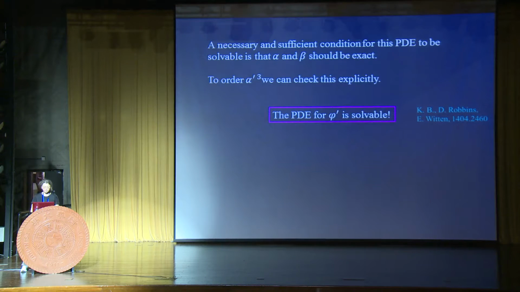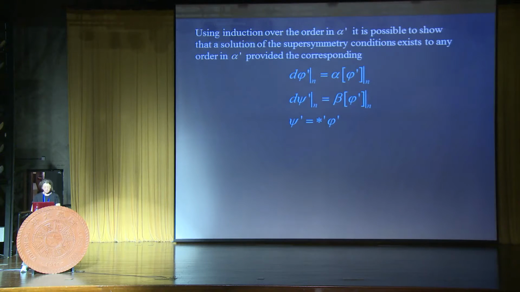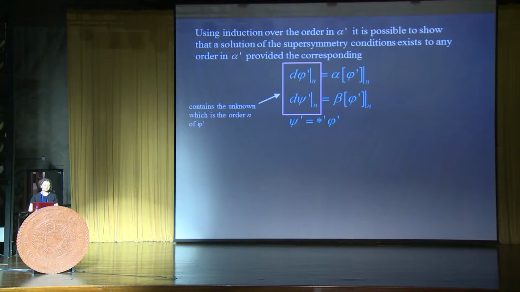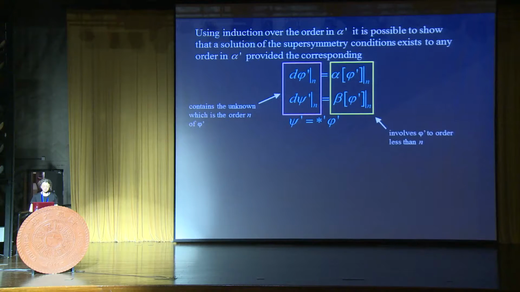Now, moving on to all orders in alpha prime, it's basically more of the same stuff. In that case, we can set up a proof by induction over the order in alpha prime. So again, we look at the order alpha prime to the n of the Gravitino variation. The left-hand side contains our unknown, which is the order n of phi prime. There are some forms alpha and beta, which involve phi prime only to an order less than n, so to say the sources. And again,